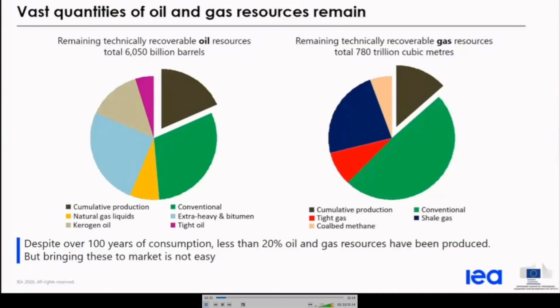And gas resources, previously thought of as a waste stream many decades ago, have grown to be considered a potentially important transition fuel as we look forward to clean energy transitions. Shown here is the resource breakout for both oil and gas. And overall, there's not a question of whether there are resources to develop. The question that we're going to dive into in this slide and future slides as we go through the course of this module is at what cost, what does future demand look like, and how the balance of those two factors plays into global supply. So we'll explore this in much of the discussion, but first turn to the question of emissions from oil and gas operations.